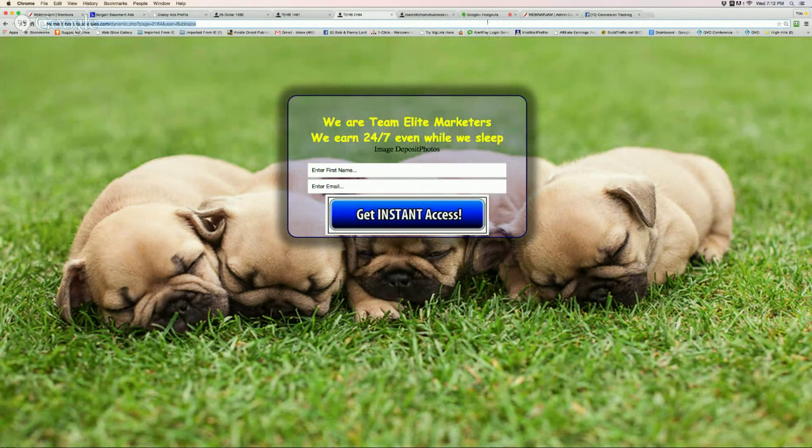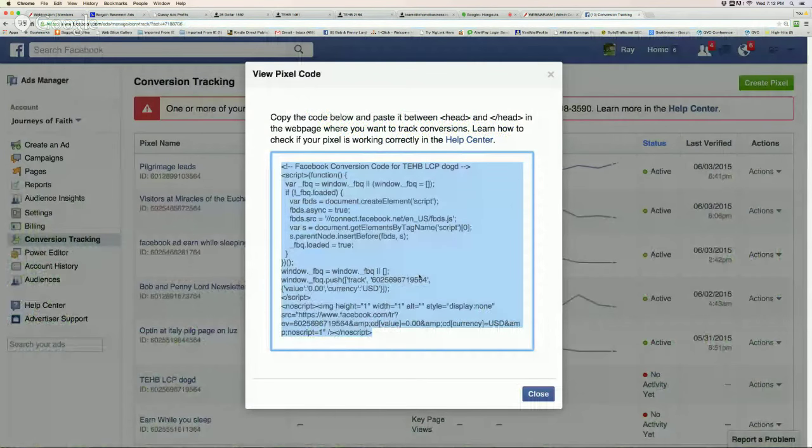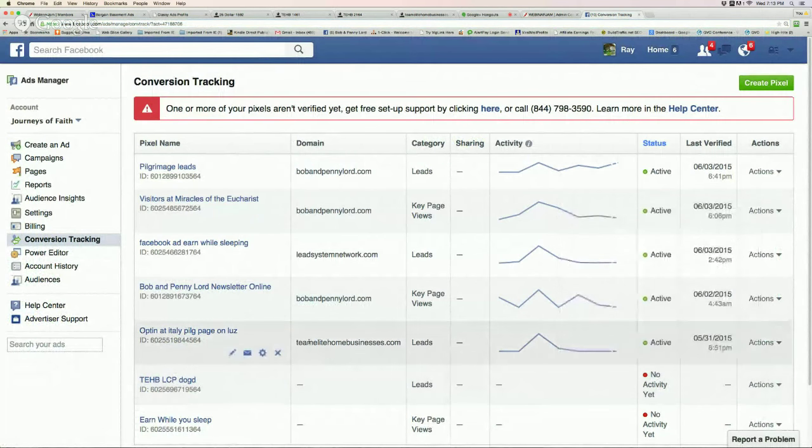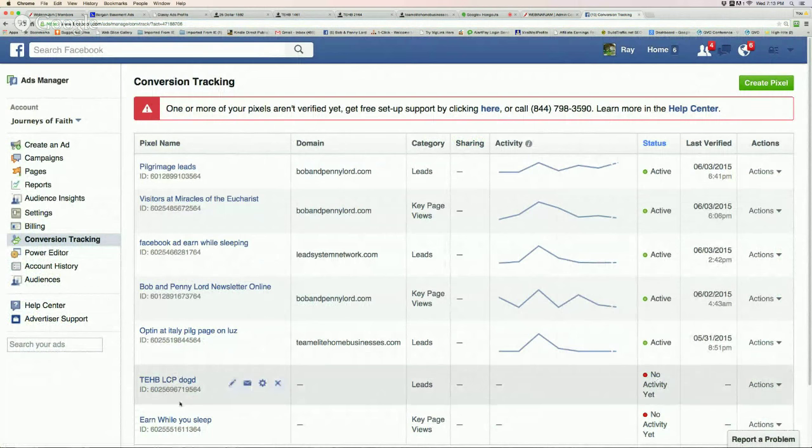So we come back over here to Facebook, and we close this because we've added that pixel. We clicked on conversion tracking. We clicked on create pixel. It gave us some code, and it's here. You see the TEHB LCP dog. That's misspelled dog, but there it is, and it says no activity yet, hasn't been linked up. So that's fine because we hadn't started our ad. So go up here. We're going to do create ad,